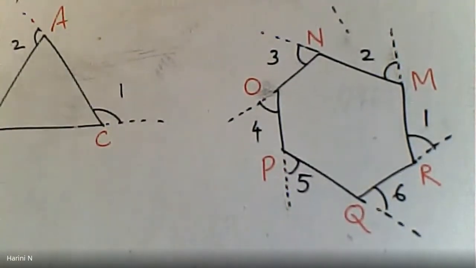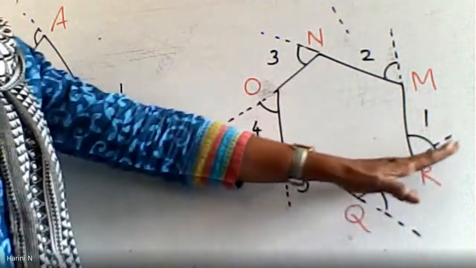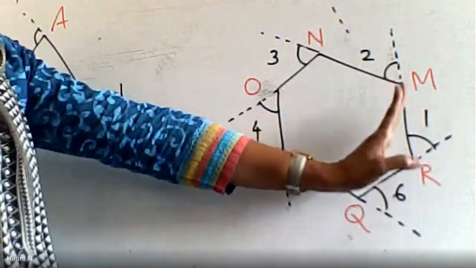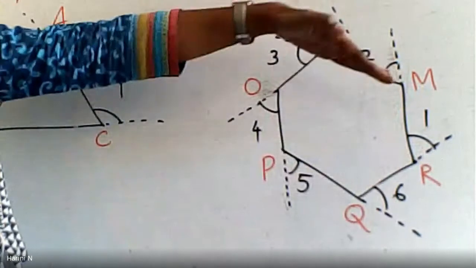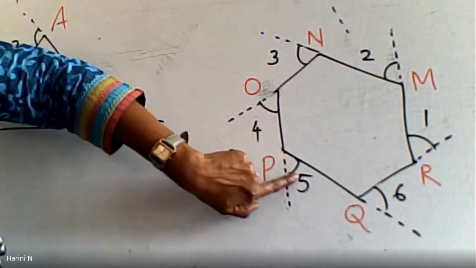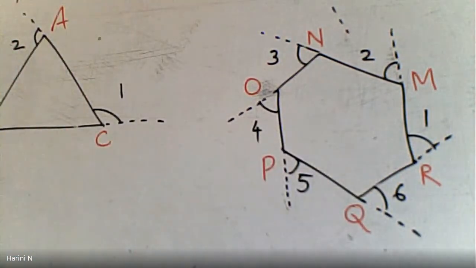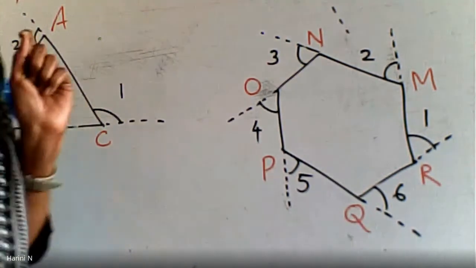Yeah, I hope it is clear. So I am starting with 1 here. Extend this line. Scale na ikkade itkondu 1. Then keep the scale here 2. Scale to extend madidre this will be 3. This will be 4. This will be 5 and this will be 6. So this is the way in which the exterior angles have to be located first.